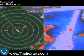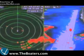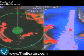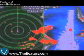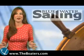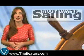Speaking of displays, most modern units now have the ability to overlay radar information on top of electronic charts, or split the screen, 1/2 radar, 1/2 chart. There's a lot more to radar than meets the eye. So, for more Radar 101, read Mark's entire article at